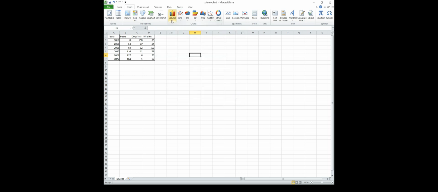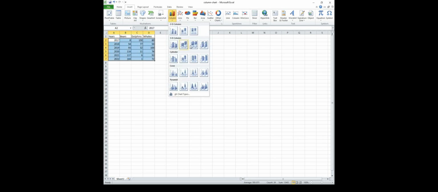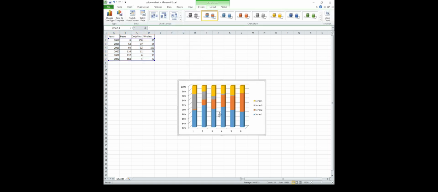Suppose you would like to have a column chart. Initially what you need to do is select the specific range of data, then select a column chart type of chart. Now I want it in a 3D pattern. Yes, I have got it. Here, the chart can also be moved into a different sheet. Also you have different color combinations for a specific choice. You can have visualization effects on that.